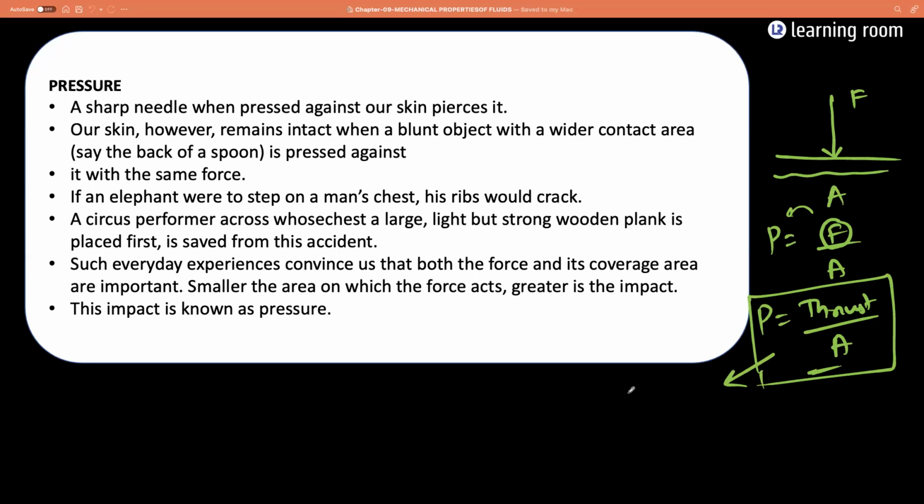And how is pressure measured? It is measured in Newton per meter square, and this Newton per meter square is also called Pascal. Pressure is a scalar. Area depends on the context. If you take it as a vector quantity, generally you talk about the scalar, but when you write it in terms of cross